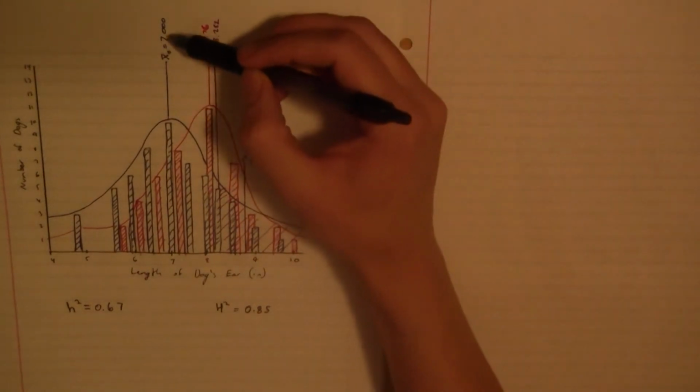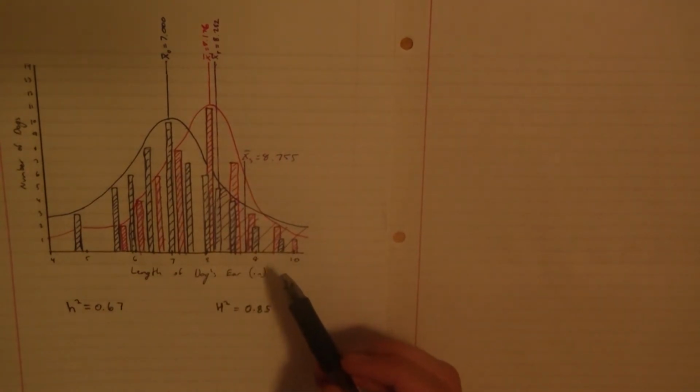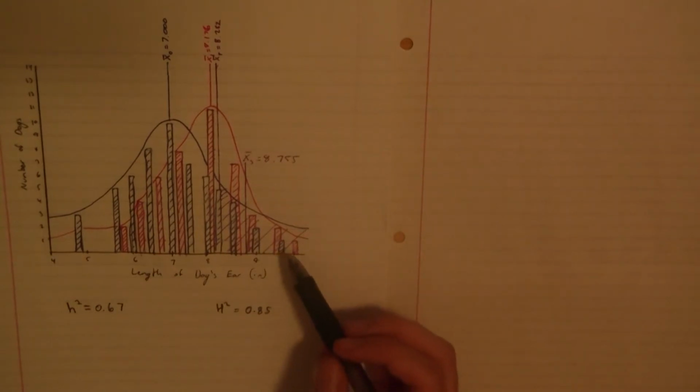Here I have an experiment trying to increase the ear size of a dog population. The original mean of the population was 7 inches with a standard deviation of 1 inch, and the blue graph here represents the original population. So this purple zone here is the population I was selecting from to breed, and I was choosing from the